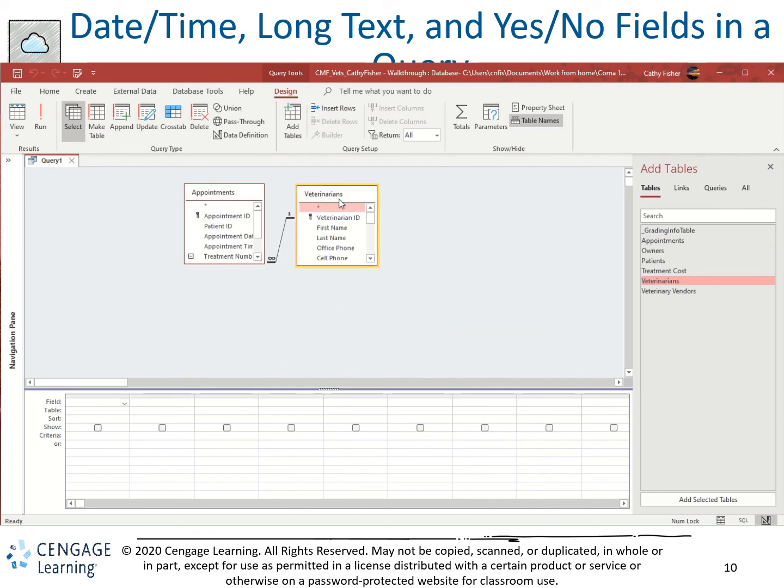So we have the veterinarians right there, and they're linked together, which is awesome. And we want to have the veterinarian's first name, last name, the appointment date. So we're going to come to the appointment table. Appointment date,